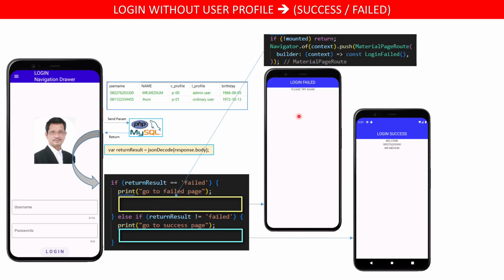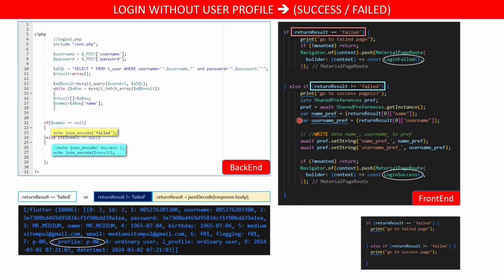Okay. And then this is the previous project, login without username. Just login fail or login success. This is the preference: who is the login name and who is the username login. Okay, next, this is the backend script.